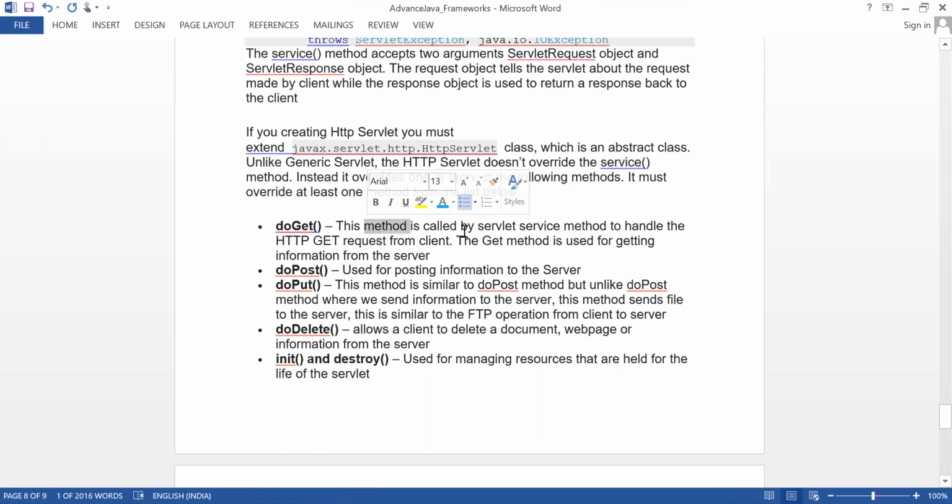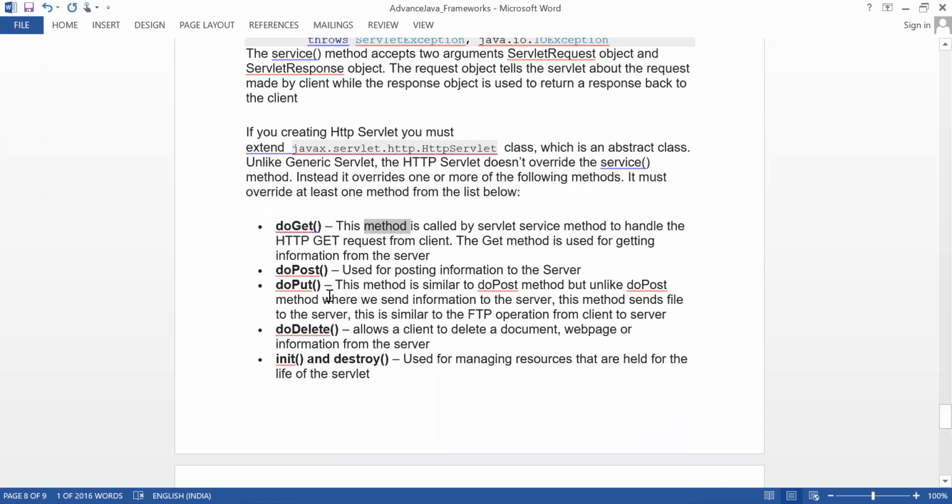So what will doGet do? Usually if you are getting something from the server, you will use doGet. If you want to save something, you will use doPost. If you want to modify some information inside your application, say student data is already there and you know the student ID, based on the student ID you can change it.